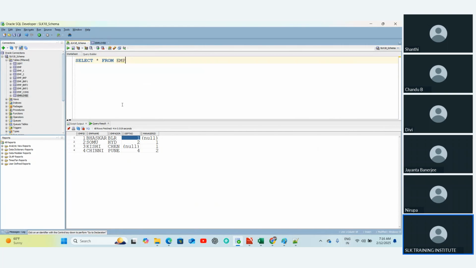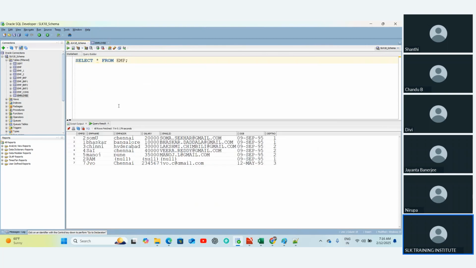So let's start from the EMP table. Here I have department number 1, 2, 3. 3 departments I have. For each department, I have multiple records. What I'm doing here is, I want to get all the employees who have more than the average salary of their department. So, more than the average salary of their department,